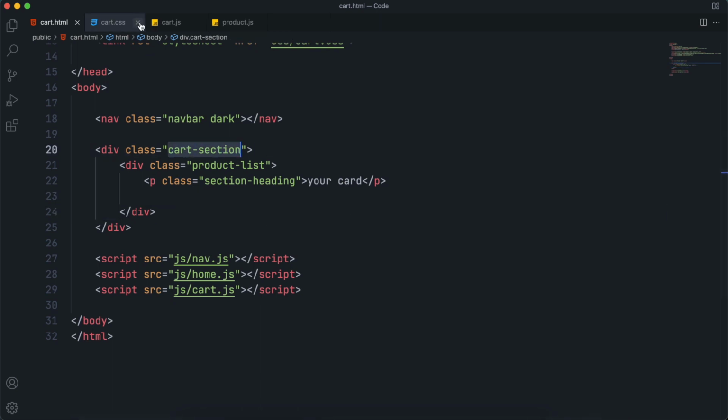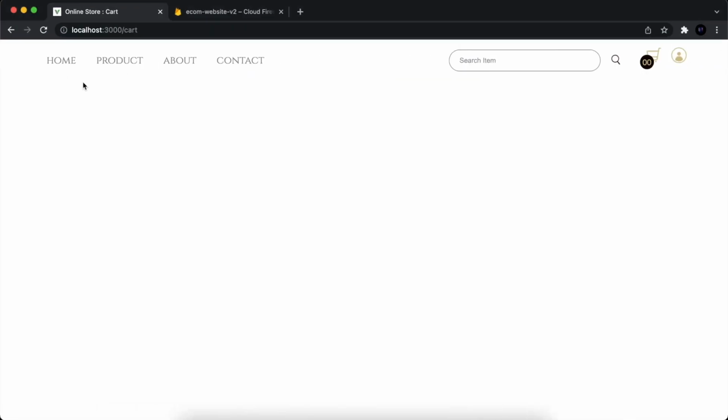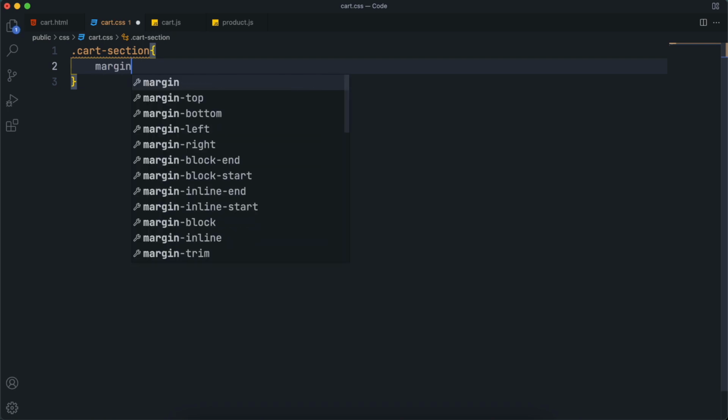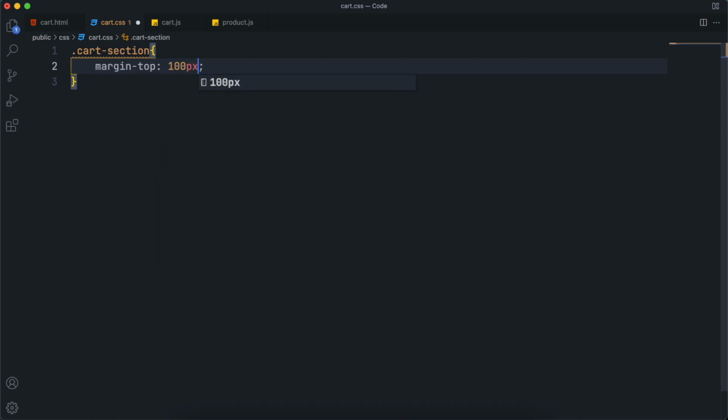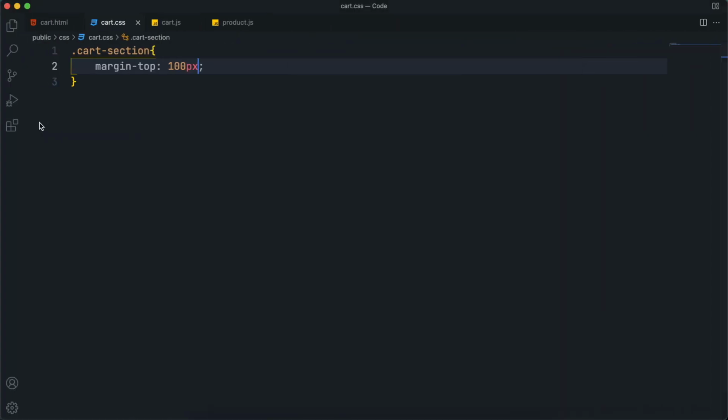So now let's style these elements. So open cart.css file and select the cart section there. You can't see the heading there because it is below the navbar. So first of all, add margin top 100 pixels to it. So now you can see the title.